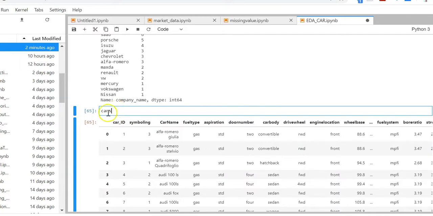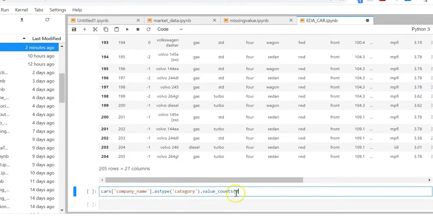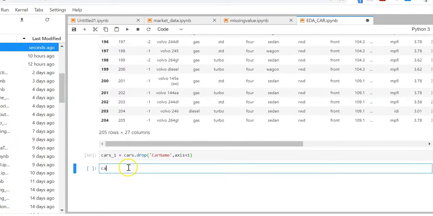So I'm going to have a new data frame, cars, dropping the car name, and axis equal to 1. So I have a new data frame.